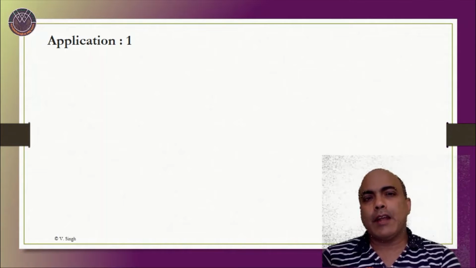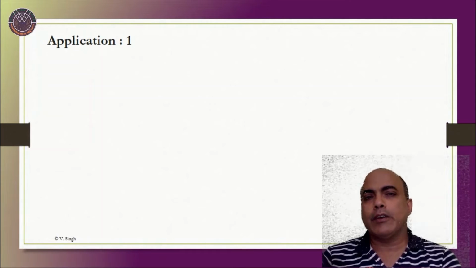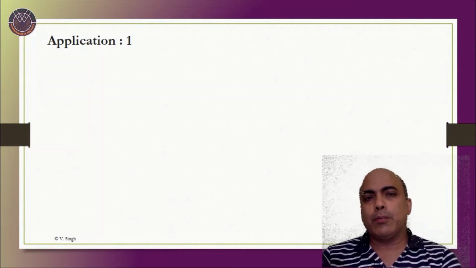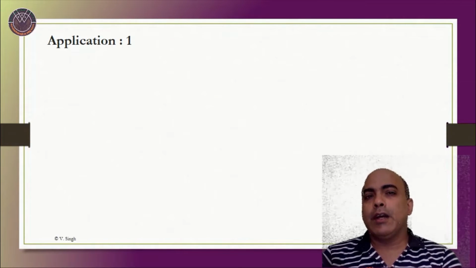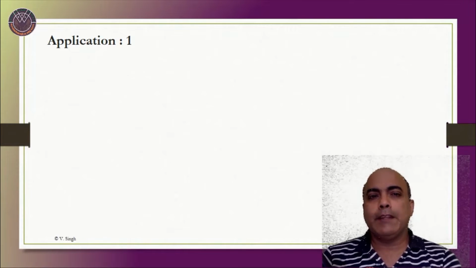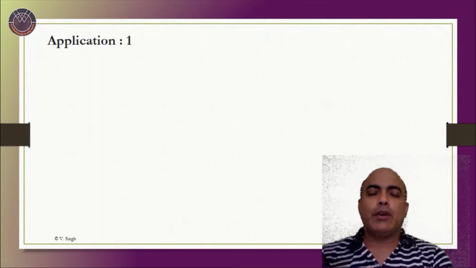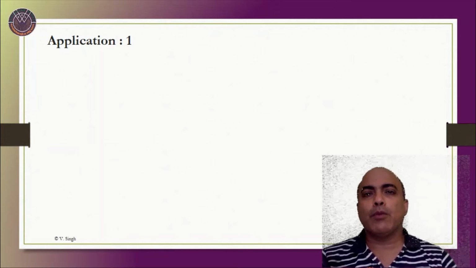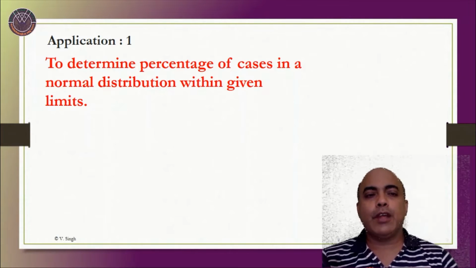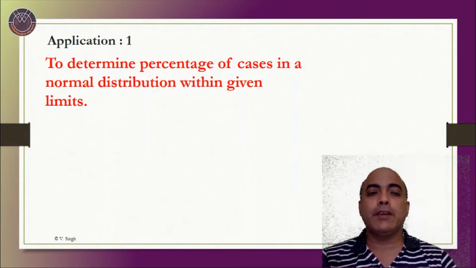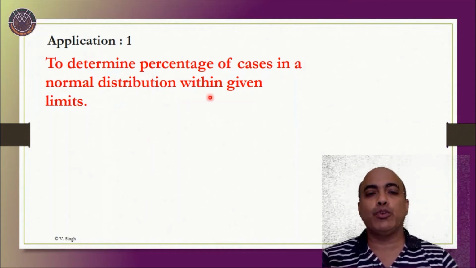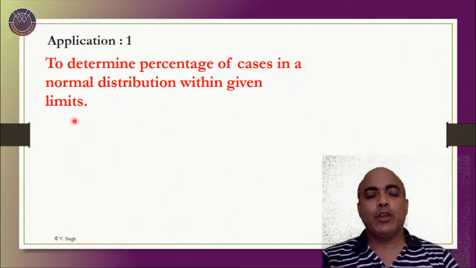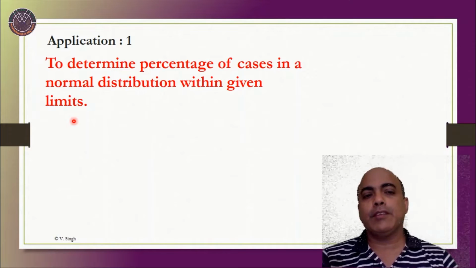Okay, after understanding the formula of Z score or standard score and also the process of using the area curve or percentage of cases under a particular Z score and the mean, now we will progress towards different applications of the normal probability curve. The first application is to determine the percentage of cases in a normal distribution within given limits. So to understand this particular application, we will